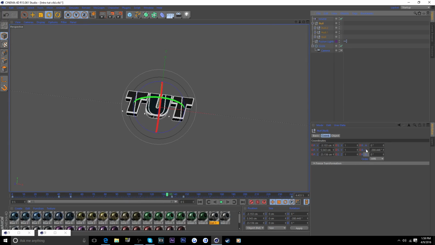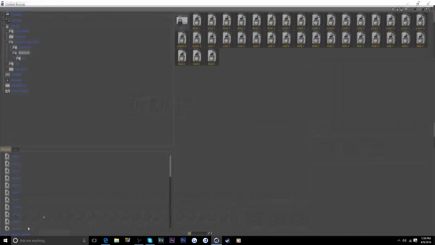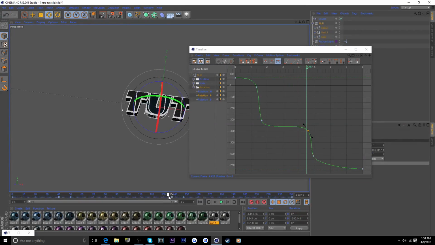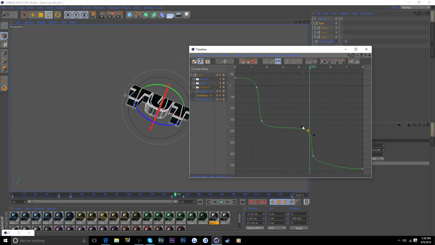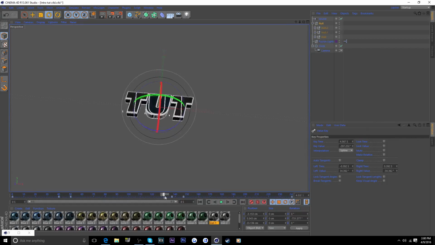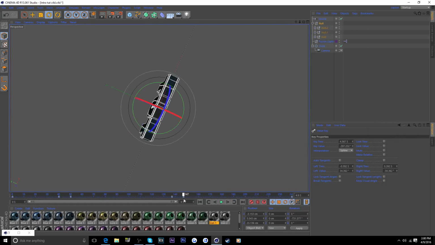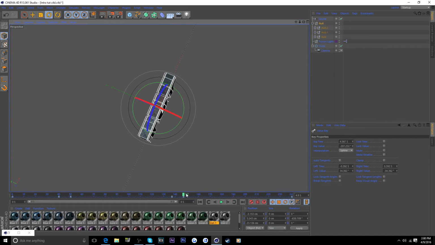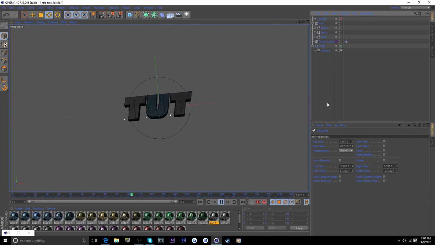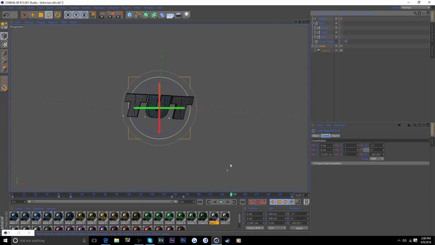So now we can F-curve this, so you're going to go to the P, animation, and show F-curve. Actually, I think we already have it open. Right here. And then we're going to F-curve this. So we want that smoother. There we go. That looks a lot better. Bring this up now a little bit. Alright, that looks pretty good. So now we can see what we have again. It's a bit fast, but